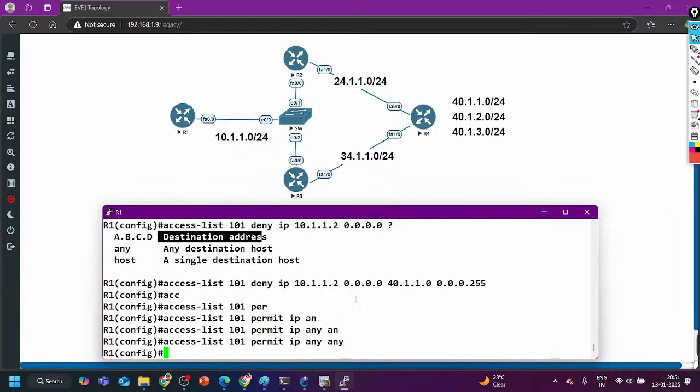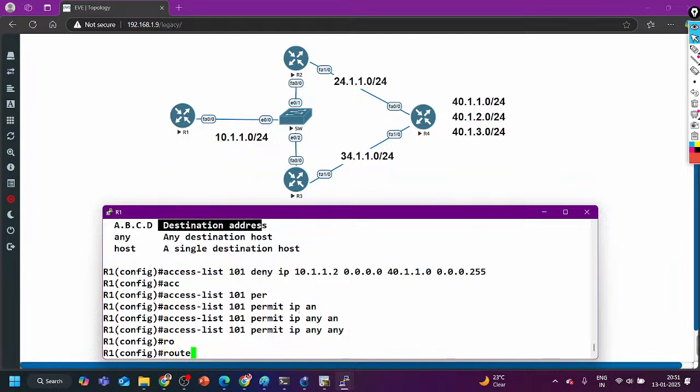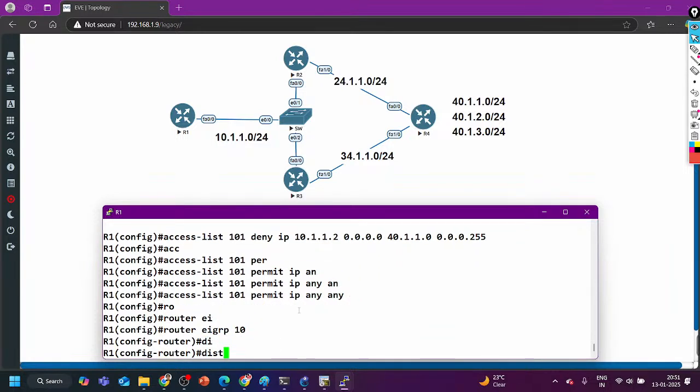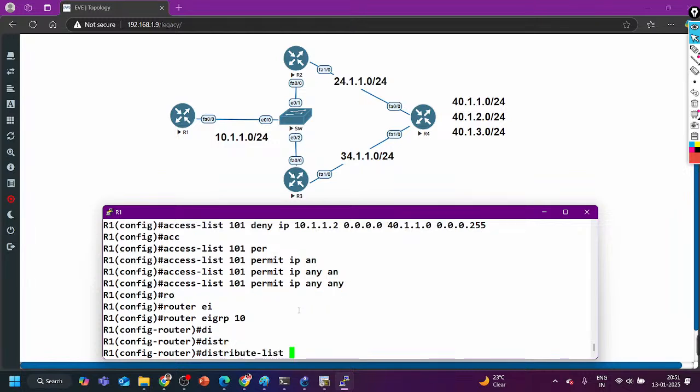Right, now if I will apply this ACL with distribute list, then all the prefixes from router number 2 will be filtered. Right? Do you want to see? See, router EIGRP AS number 10, distribute list number